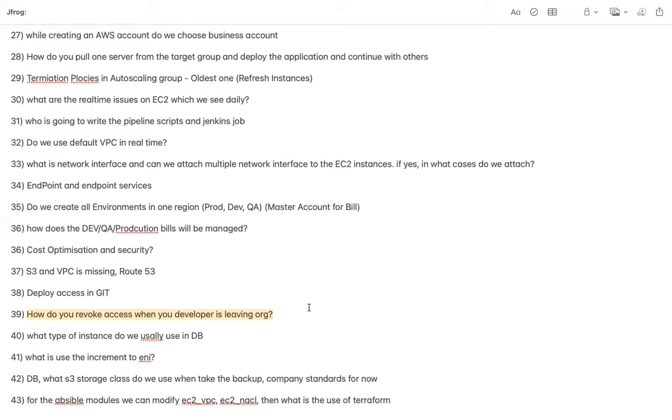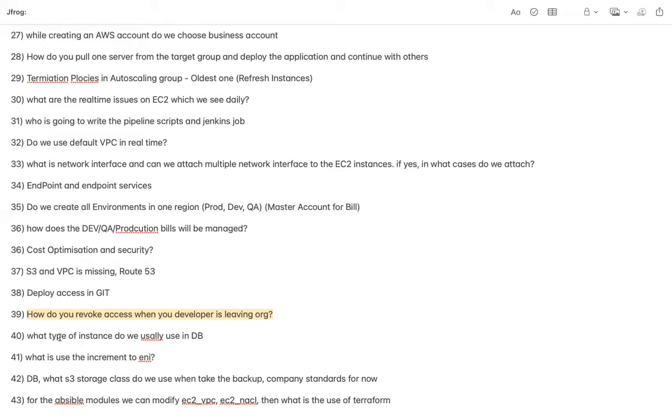So we have to perform the checklist and delete the user manually. The second way is to integrate our Active Directory with our server. As and when the particular user is leaving, the IT team is going to remove the user, so the access of that user will be revoked by default.